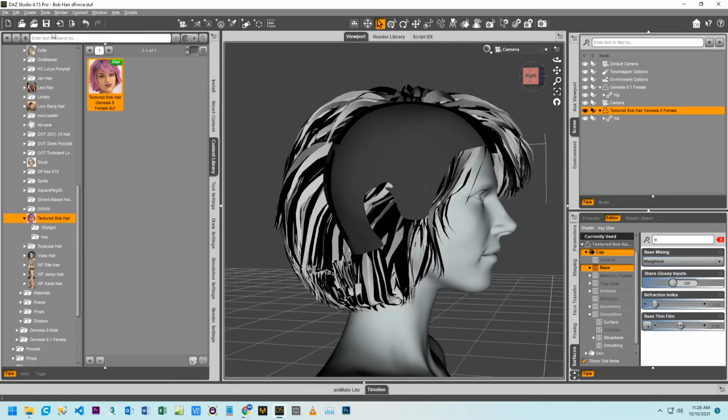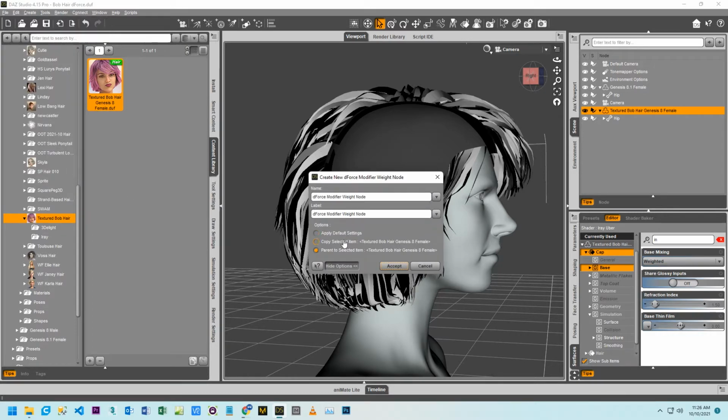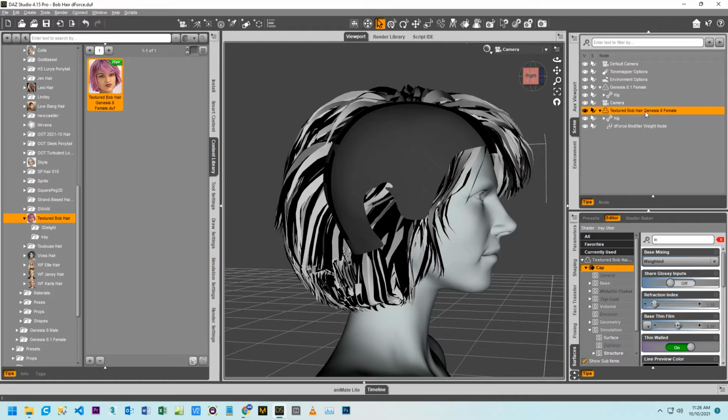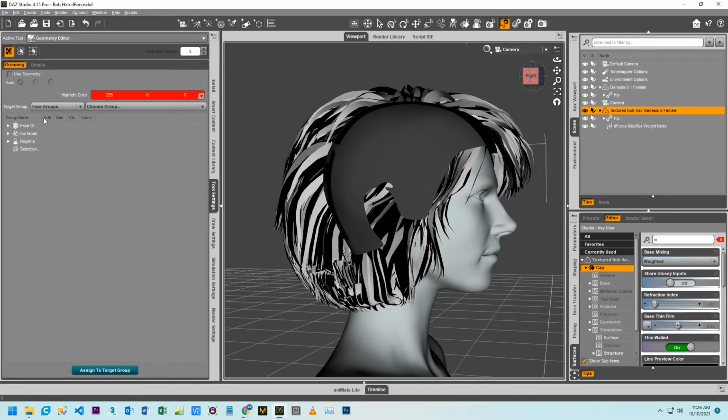Now I've converted it to a dForce dynamic surface, I'm going to create a dForce modifier weight node parented to the bob hair. Accept that, and that's created this dForce modifier weight node on it. I'm going to start off by picking the hair, and in Tools in the geometry editor, you can see there the cap and the hair. I can select the cap,